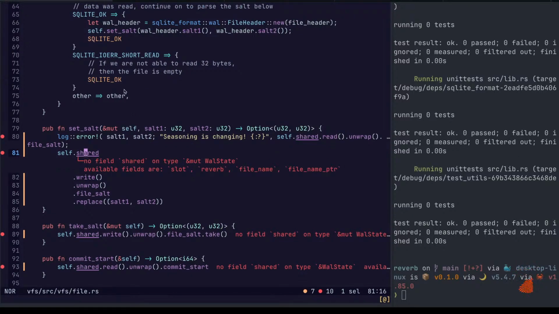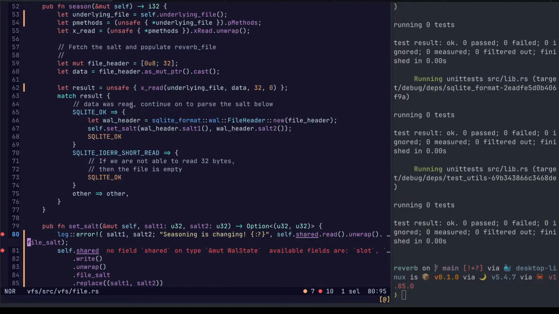Okay. Oh, we could impl methods on wall state slot and it could reference the global bits. Oh, I like it.